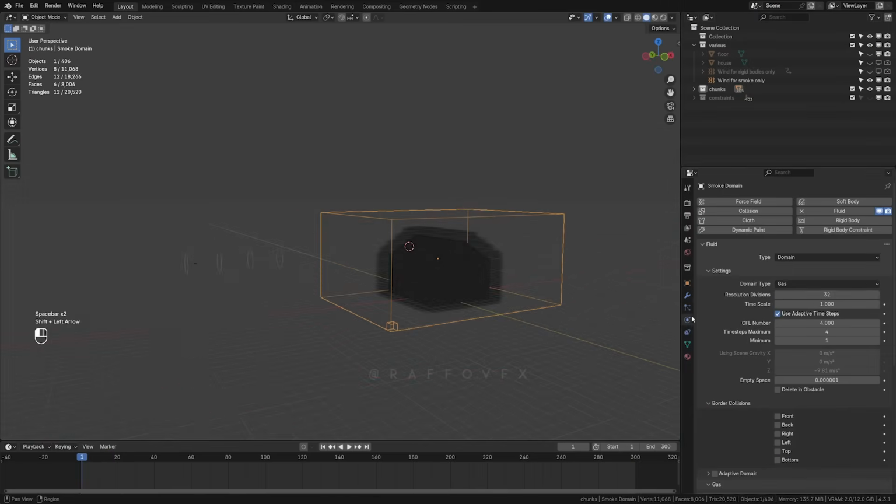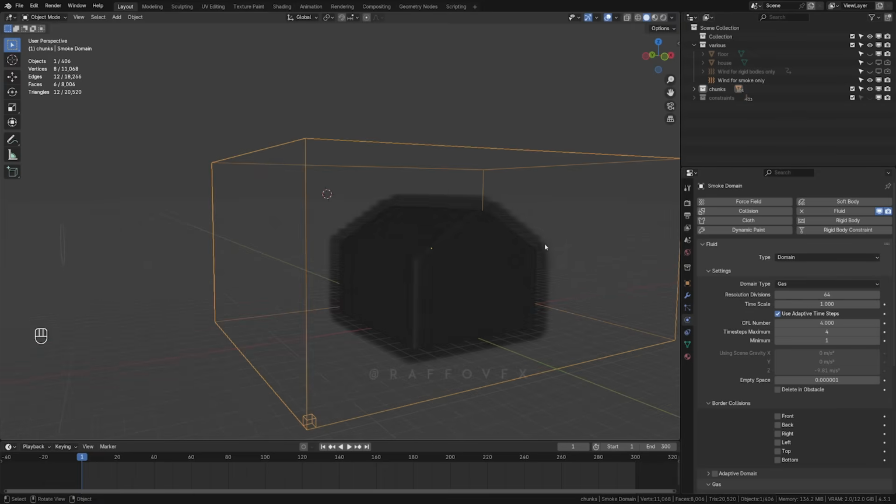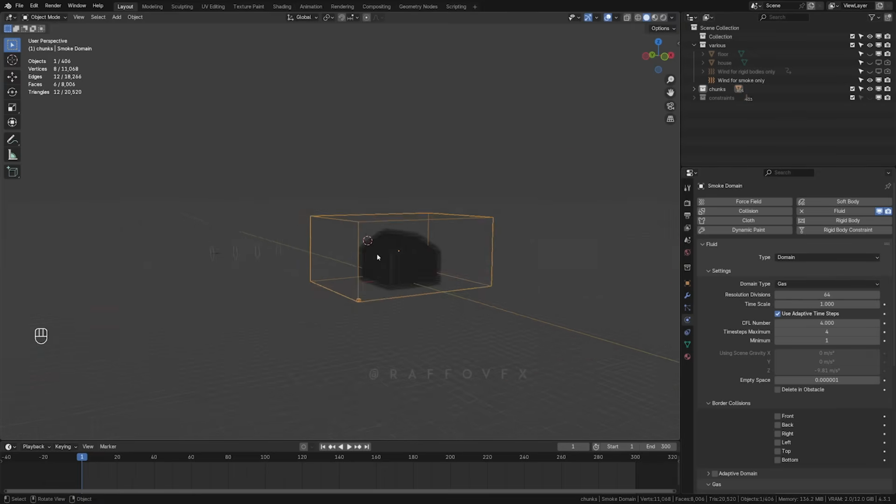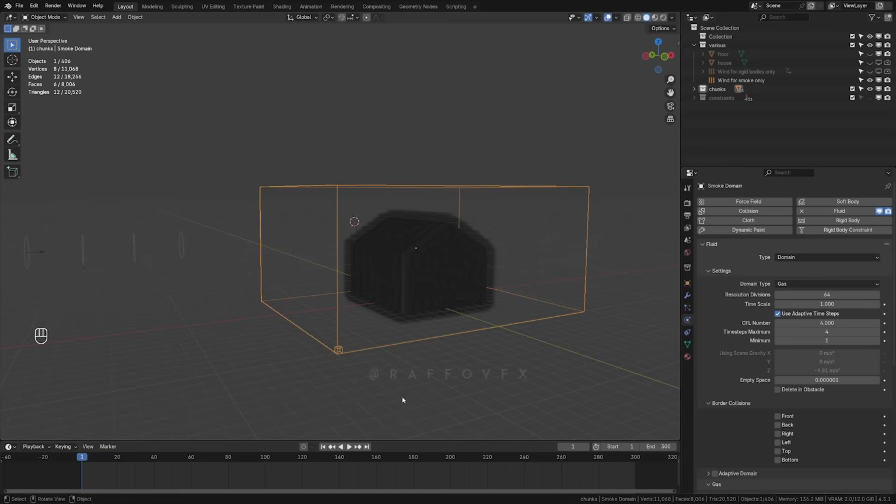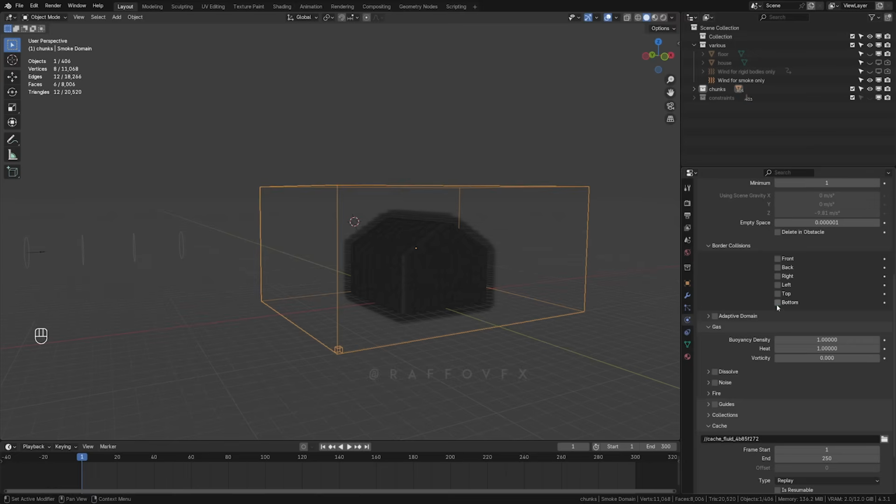So selecting the domain, in the domain settings, for now we are working with a very low resolution like 32 or even 64, but this is horrible. For the final result, we are going to want to exaggerate this resolution to something like 256 or something that your computer can handle, so that you can unlock all those tiny little details and better looking overall smoke. But for now, because we need to play and replay the animation multiple times, we need to stay low with the resolution. So all the way down, activate the bottom collisions so that the smoke is going to bounce on the floor,